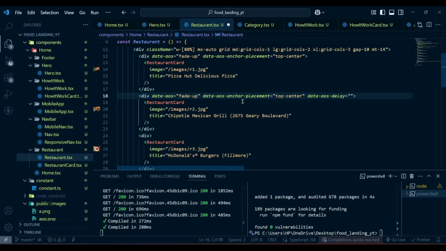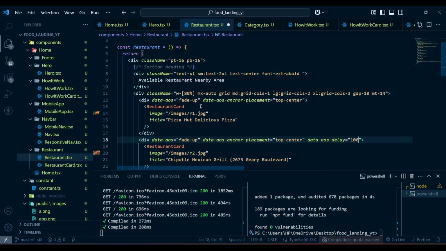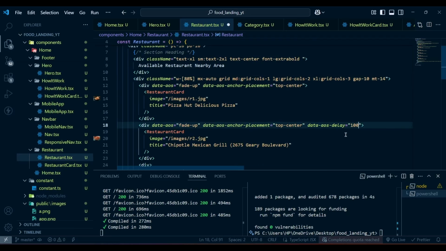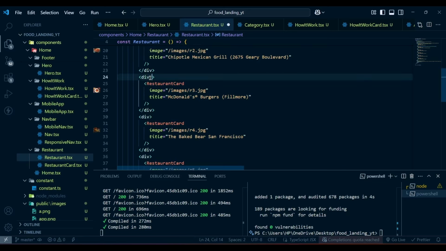So for the second one, the delay will be 100 milliseconds. The first item doesn't have any delay, but the second item has 100 milliseconds of delay. So first this component will appear on the screen, then this, and then the next one. Now I'm going to copy these three, and I'm going to paste them